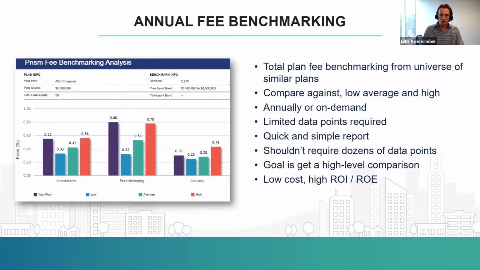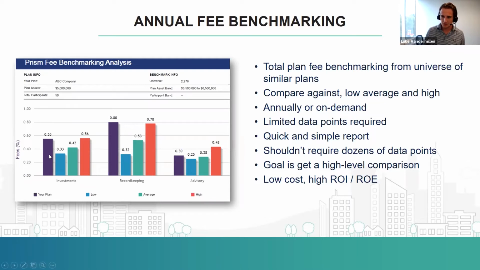So talking about annual fee benchmarking here. Annual fee benchmarking: quick, easy, compelling, concise. On the left-hand side, this is actually a page that I pulled from our PlanFees Prism report. And like I mentioned earlier, this report benchmarks investment, record keeping, administration, and advisory costs. So you can see here on the graph on the left-hand side, we can take a look and say, okay,